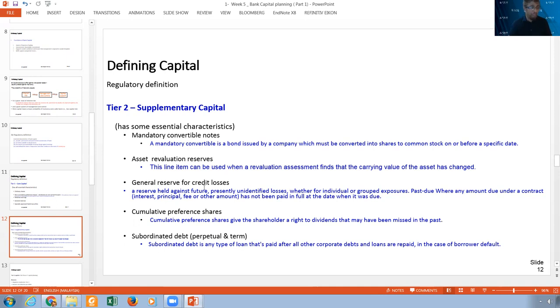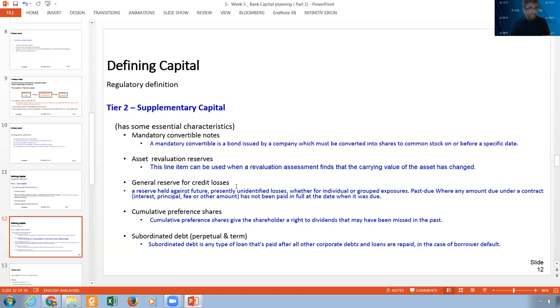And then we have some other general reserve for credit losses, like this provision for credit risk and for losses, for bad loans. So those ones, actually, we accumulate them expecting that somebody will come in the future, will default, and then we have to pay. But it has not actually happened yet.